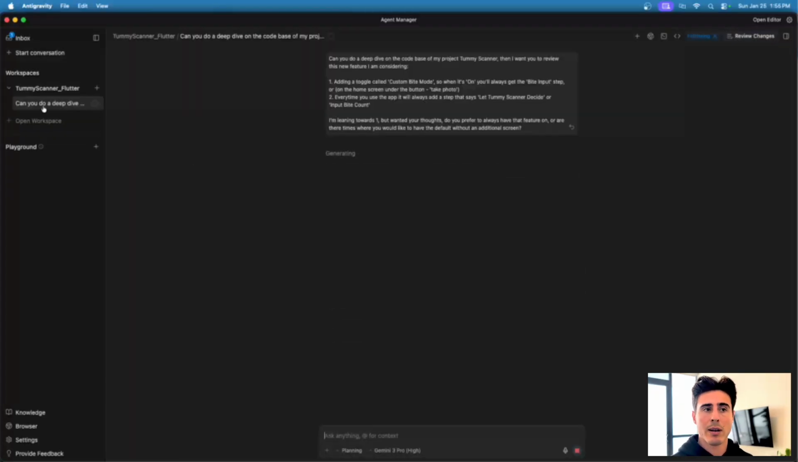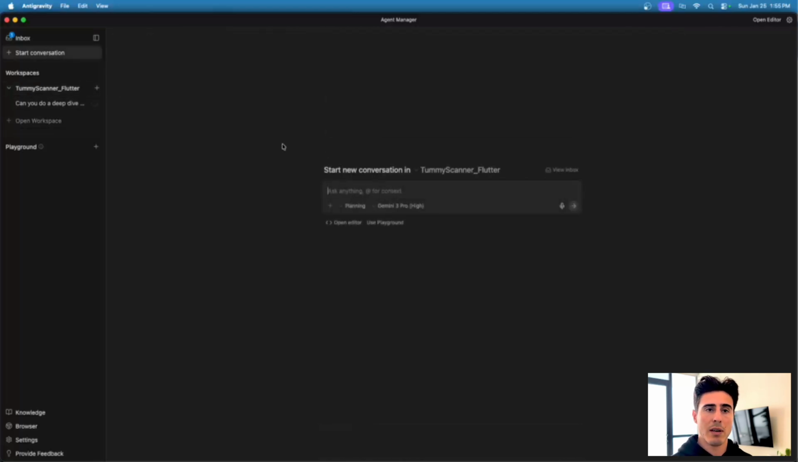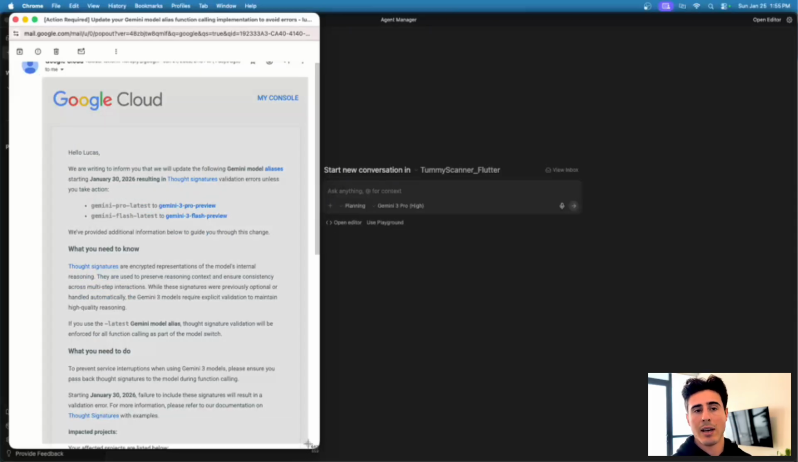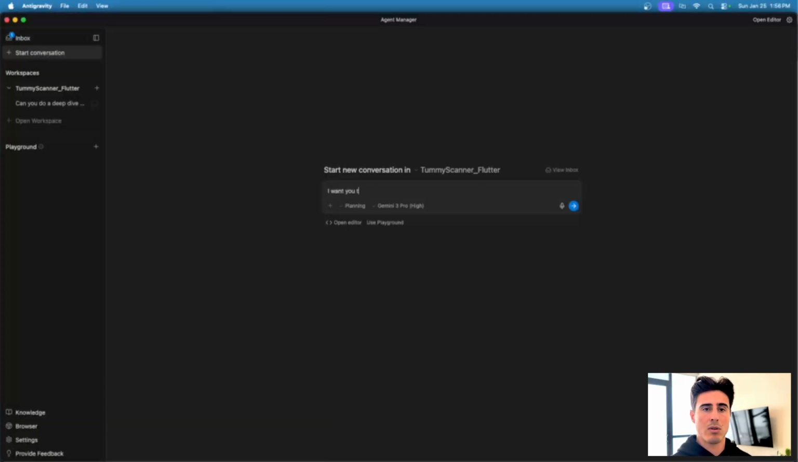And while that's running, I'm going to set up another chat, and this conversation is going to be for a security audit. And so Google Cloud did reach out and say, if you are using any of these Gemini models, which I'm actually not, but in the event that I was, changing the naming convention from Gemini Pro latest or Gemini Flash latest to Gemini 3 Pro preview, I'm going to throw that in there. I want you to